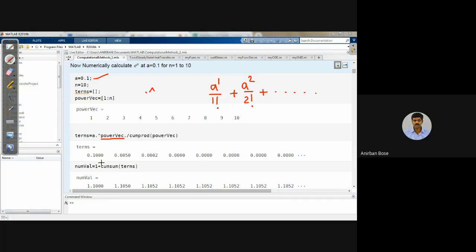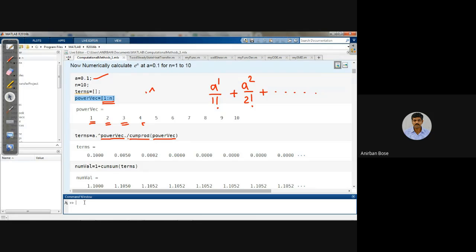Power vec. What is power vec? Power vec is this quantity. That means power vec contains each of these elements. So a dot power vec, dot slash, that means divided element-wise by what? Comprod. Comprod means cumulative product of power vec. What is the cumulative product of the power vec? See, power vec is 1 to 10, and cumulative product means what? Just check it. Copy that part